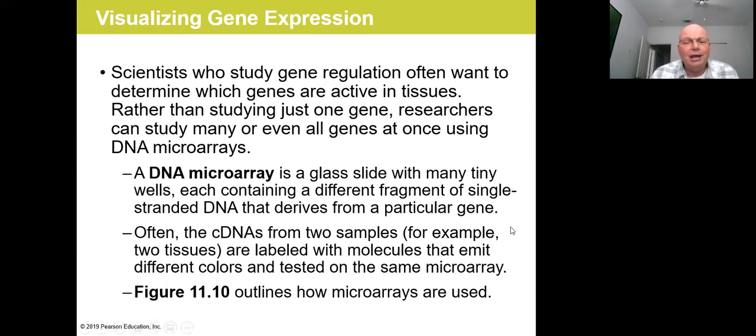And you use a colored tag on the single-stranded DNA probe so that you can identify where the genes are active, because the probe will stay stuck to the activated gene, whereas it'll get washed out if the gene is not active. And so you can tell where the genes are active by looking for the colors of the probes